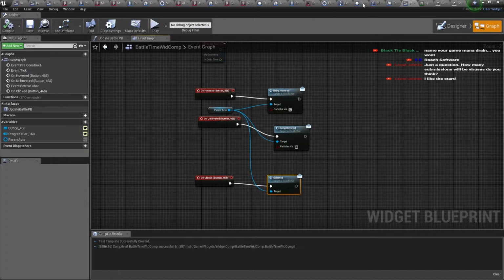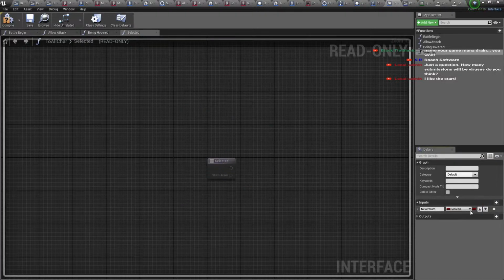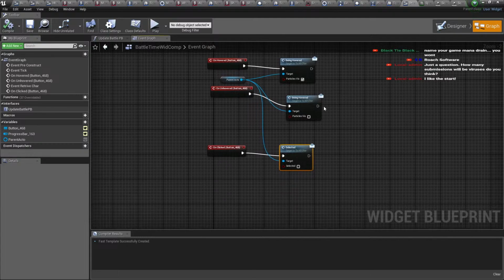Okay, I know how I'll do it. Let's add that boolean. Okay, selected. So I need to